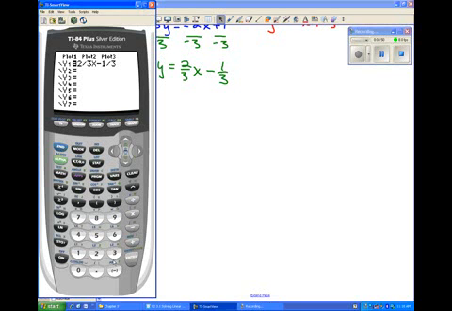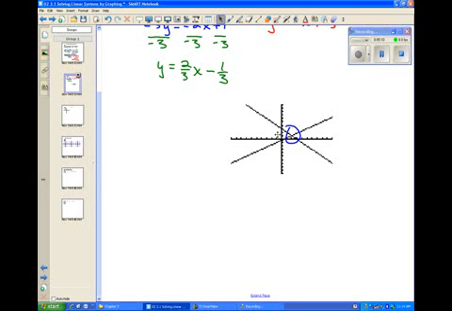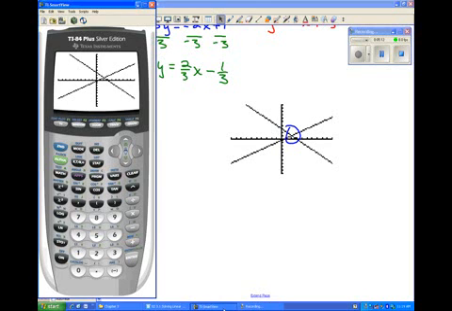Y2, I'm going to say, is negative x plus 3. I'm now going to hit graph, and it's going to graph my two equations, and I can see that intersection point. That intersection point right there is my solution, and I'm going to let the calculator find it by hitting second, trace, which takes me to the calc menu. Number 5 is intersection point. First curve, hit enter. Second curve, hit enter. Guess, hit enter. And it gives me my intersection as the coordinate